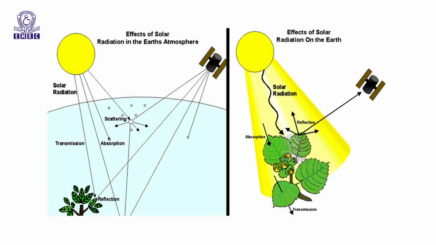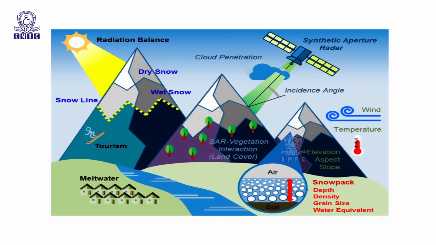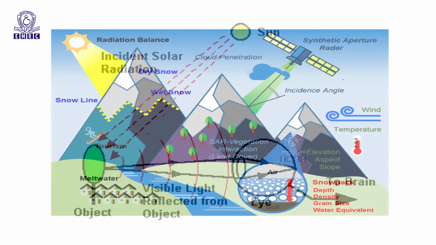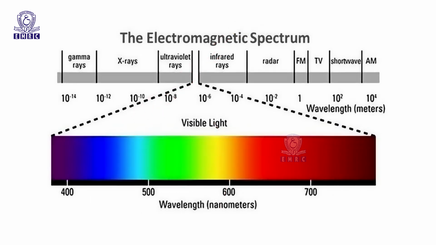Electromagnetic radiation plays a major role in remote sensing systems as it is a vital signal which is absorbed or reflected by the object or the surface, which is captured by the sensors, which is then processed and studied under various categories. As the technology has improved, we are able to understand more about the different spectral wavelengths of the electromagnetic spectrum, and we are able to use these radiations